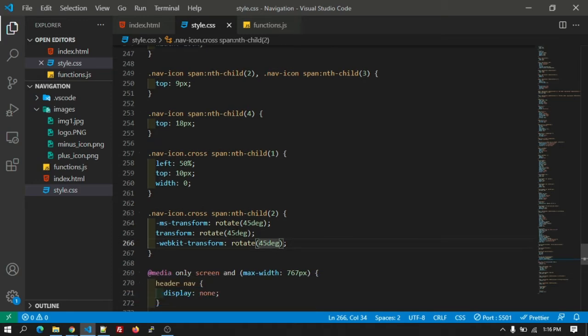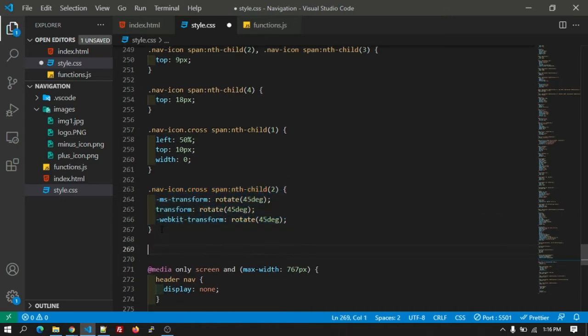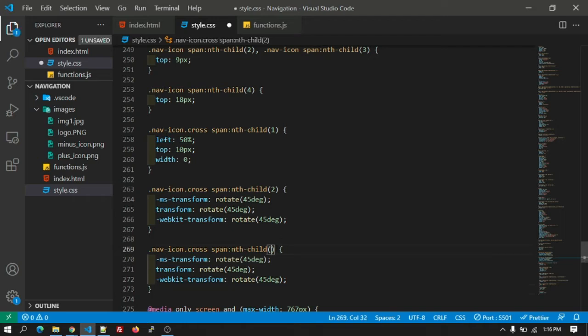Okay, let's copy the same and paste it below that for the third span.